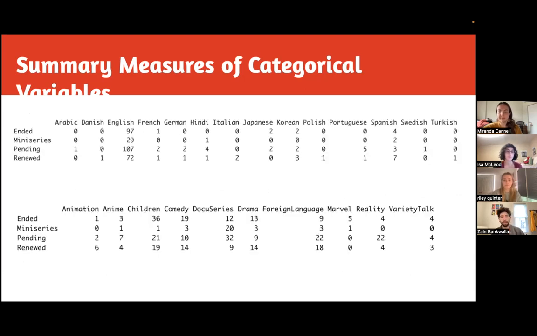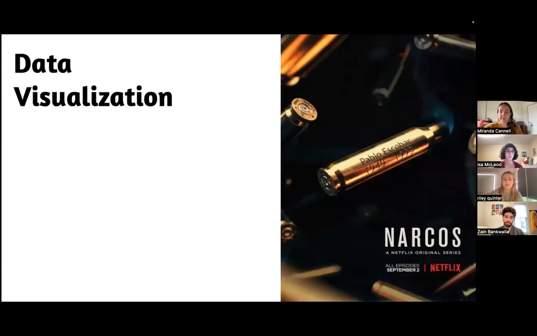We wanted to do a two-way table for our categorical data organized by language and status variables, and then the genre compared with status variables. The data revealed that the frequency of English shows is much higher, with the second closest being Spanish. For the genre variable, the children's genre has the most frequency. Next, we combined our numeric and categorical variables in order to visually represent certain correlations within our data.